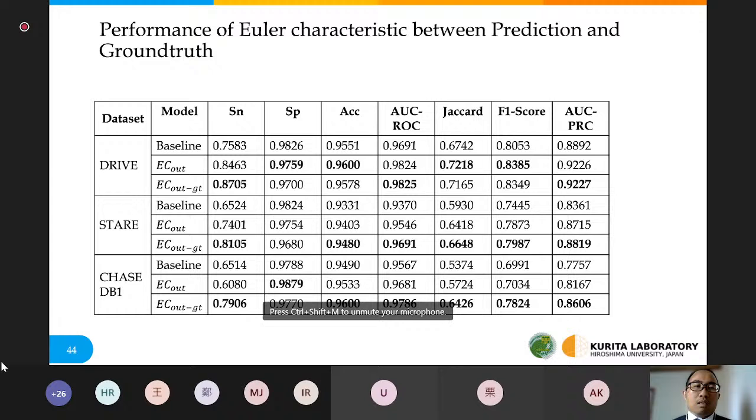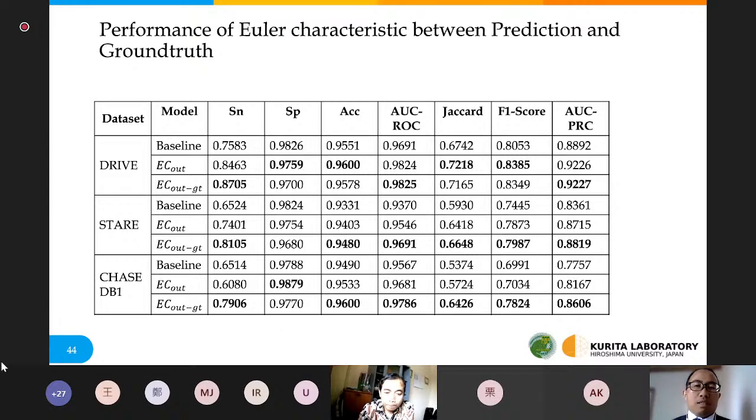There is good improvement in the STARE dataset and CHASE_DB1 dataset, which is because the condition of each dataset is different.